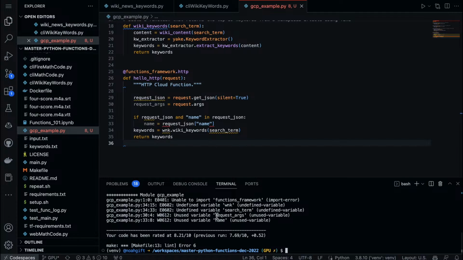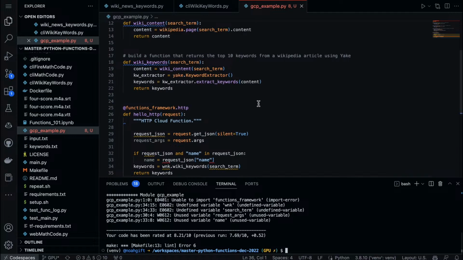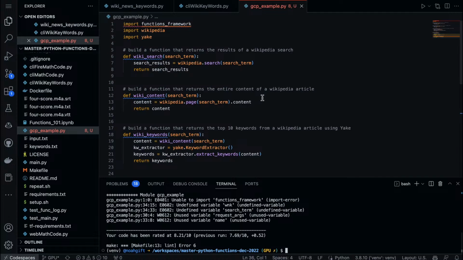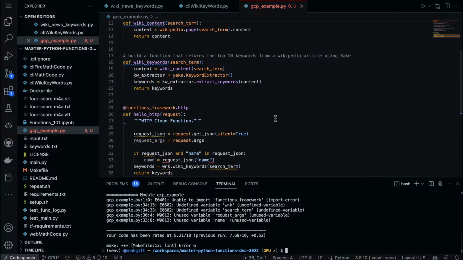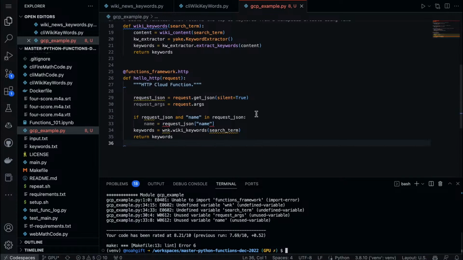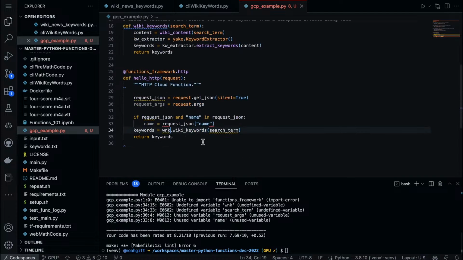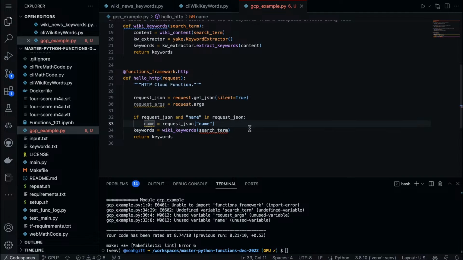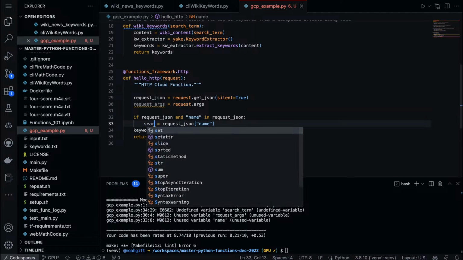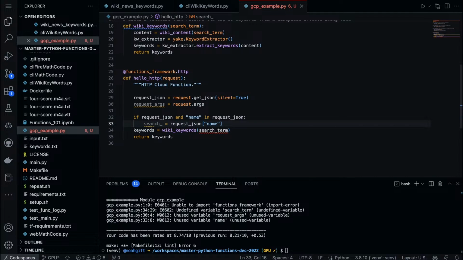Undefined functions, undefined variable. So, and so this would be wiki keywords. We don't need that. So that was not helpful, but we were able to figure out some bugs here. And then the name, this would be search term, right? So this does help us quite a bit to build this out.